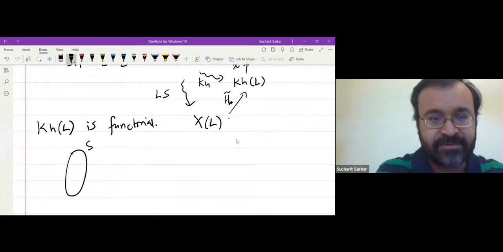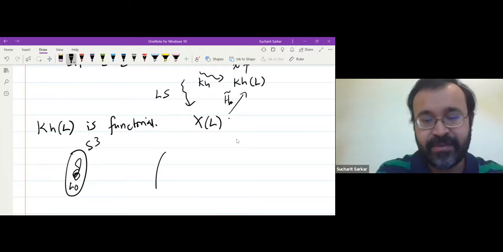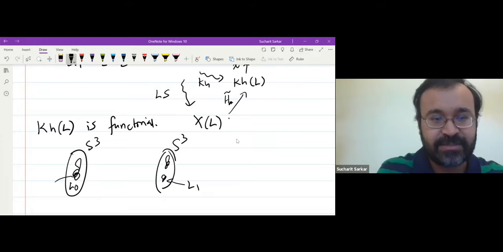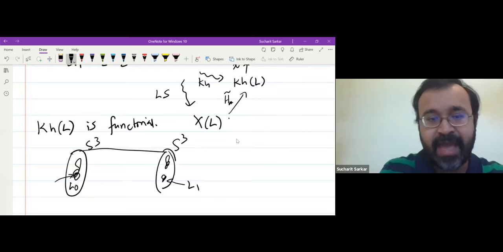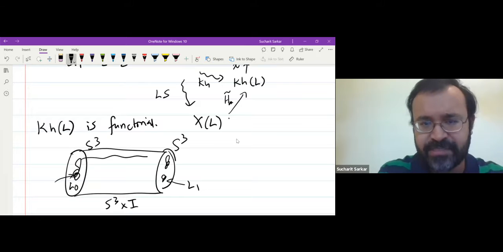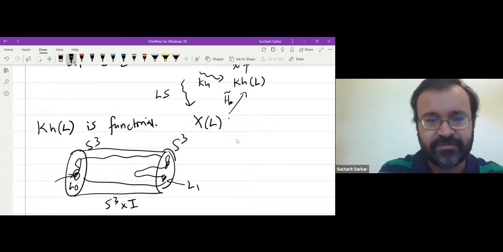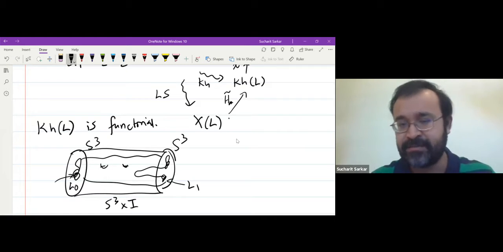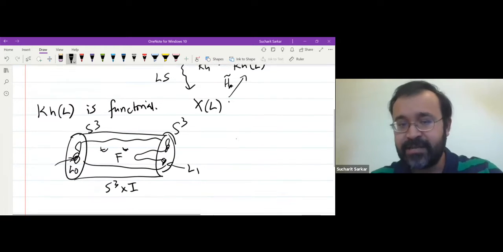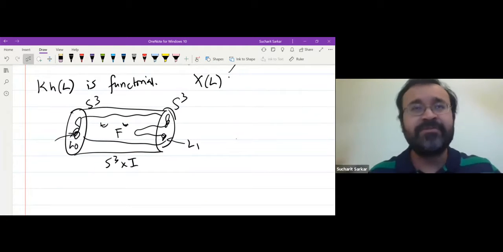If I have S3, and some link inside S3, let's call it L0, and if I have S3 again and some other link, I'll just write L1. So here is L0, here is L1. And now if I have a cobordism in S3 times the interval from this link to that link, it could have genus, it could be anything. If I have a cobordism, let's call it F, from this link to that link, well, in terms of Jones